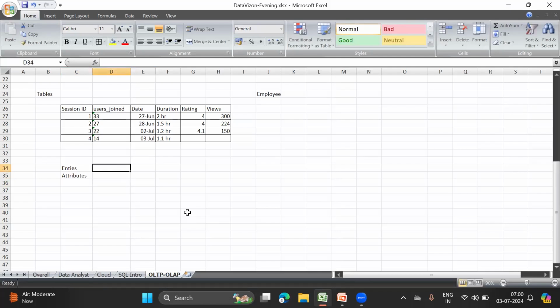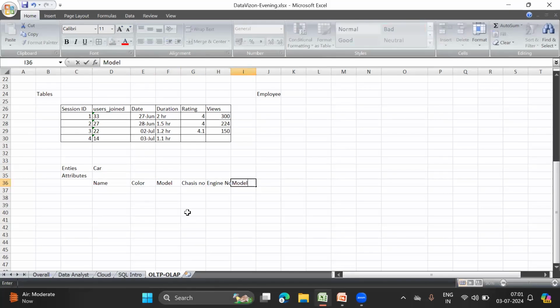For example, if I take the entity car, then in the attributes, I will have to mention the different properties associated to a car, right? For example, I want to have the car details, or I want to store the information about different cars in a specific locality, right? So every car has different attributes like the name of the car, the color of the car, the model of the car, the chassis number, the engine number is going to be different, and then we have the model and so on.